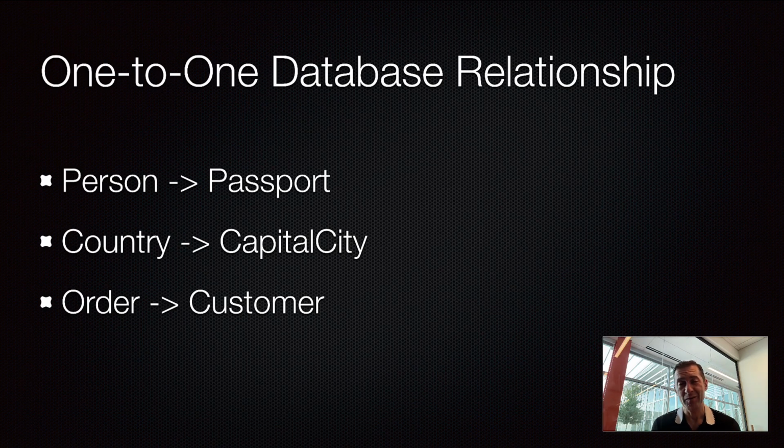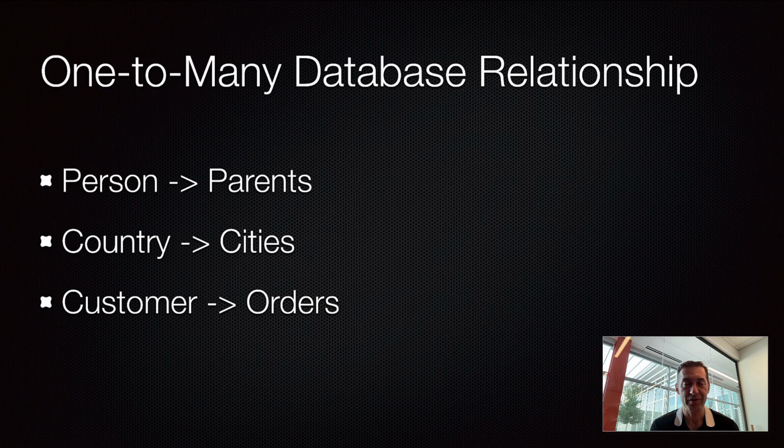And order customer is going to be a little bit different. It is definitely true where you have an order for a specific customer, but the other way around, it is actually different because a single customer may have multiple orders. So this one could become rather tricky, especially when it comes to defining those relationships in a database. We'll definitely be going over that.